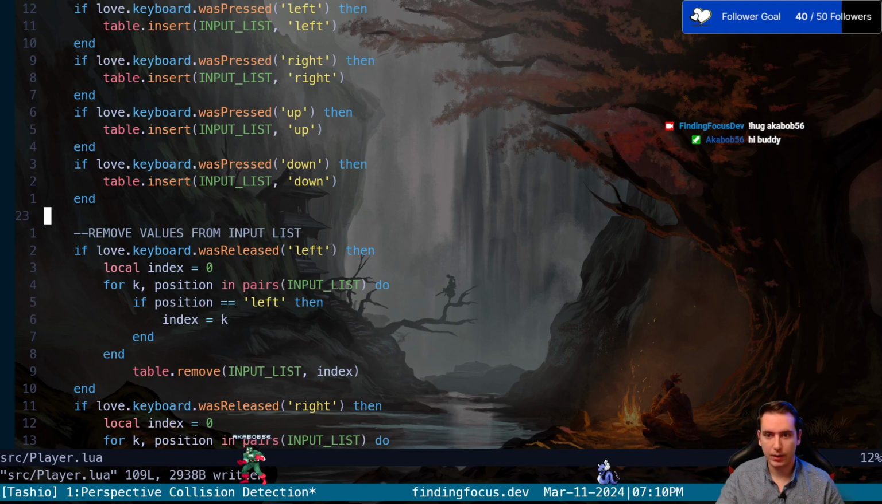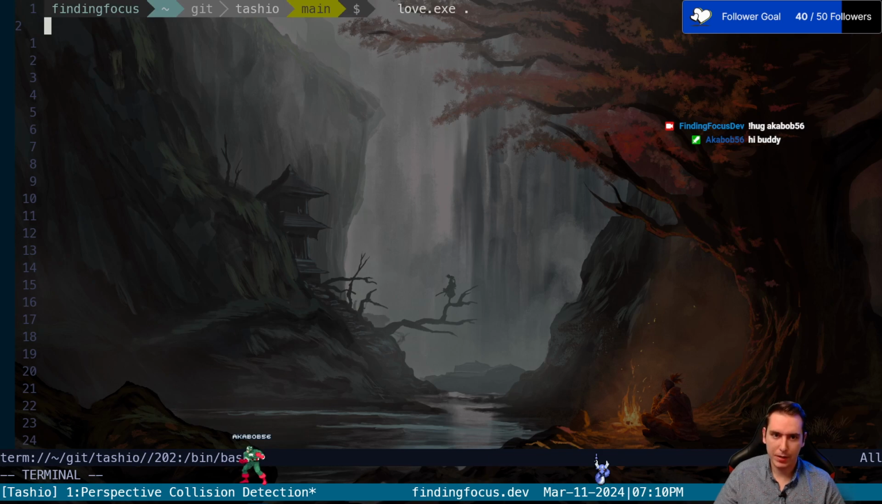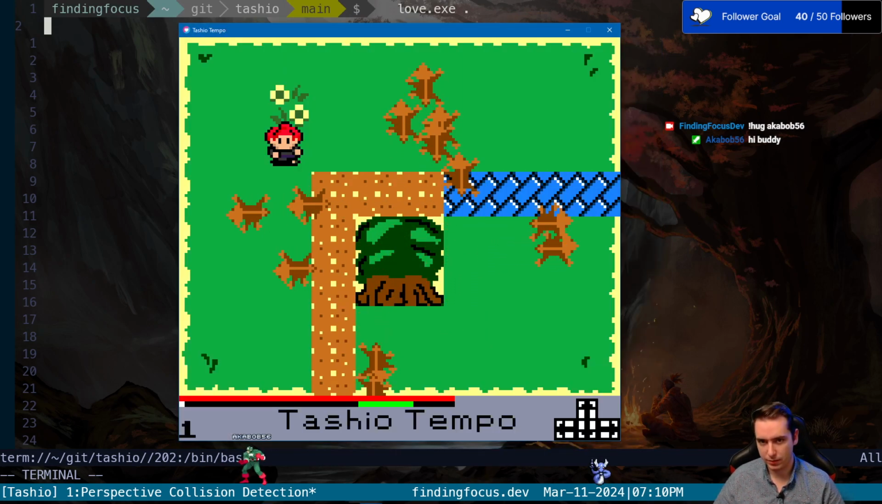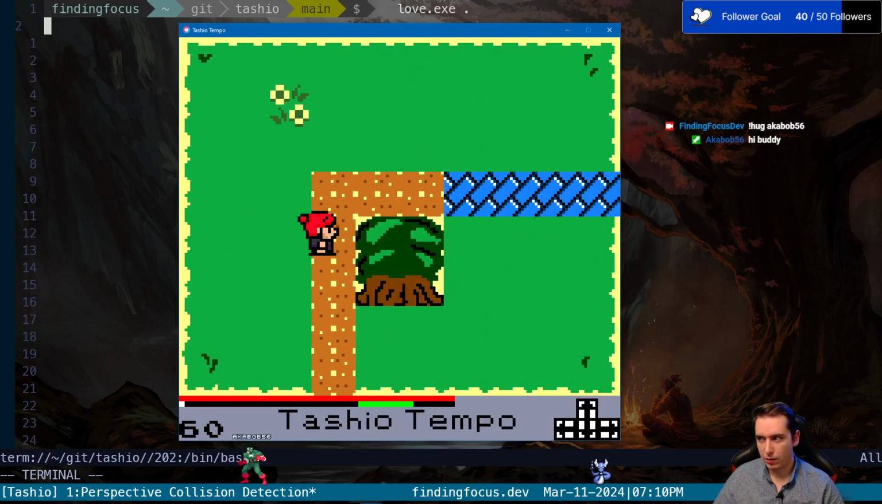So yesterday we had some collision detection implementation. It was for the map collidable objects such as the tree here. And we had a viewer yesterday,